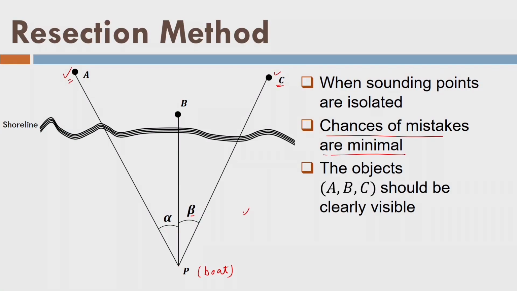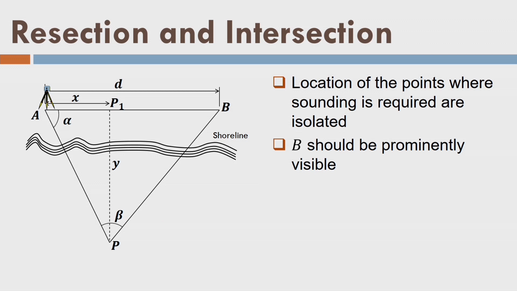Secondly, we should be careful here that the angle alpha plus beta should be more than 30 degrees for a well conditioned triangle. Here, when the points are isolated, that means this point, this point, this point are to be observed. Let us say it is P1. So, we have P2, P3, P4, and I need to perform some observations on all these points. Let us make a combination of resection method and intersection method.